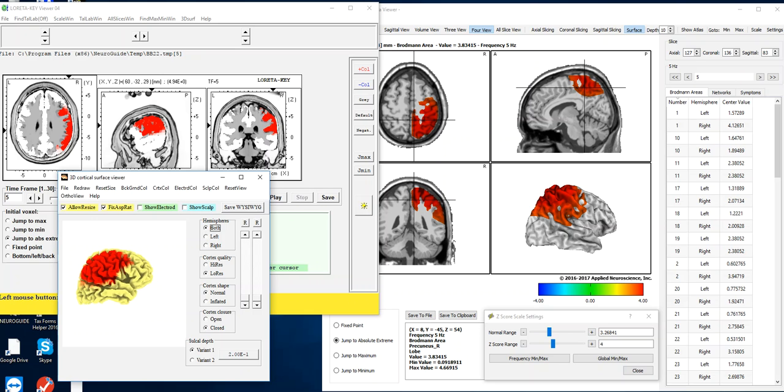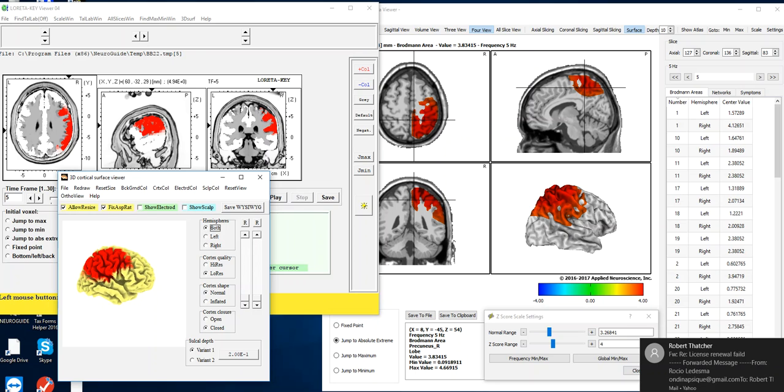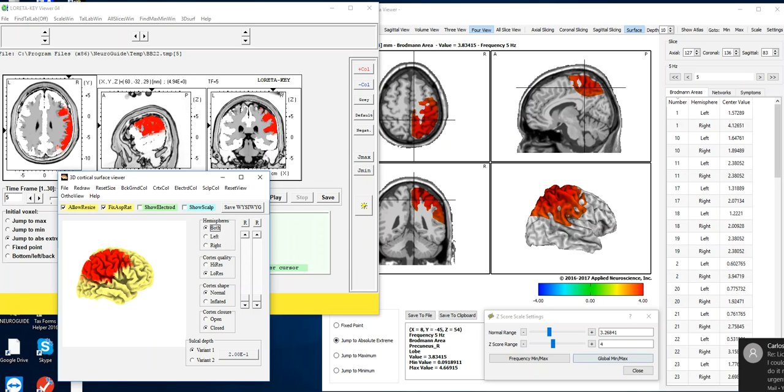Now, the issue here is we actually have EEG from the same subject. We have two different NeuroGuides launched. The one on the left is the Key Institute. The one on the right is the swLORETA. And the issue is, can you see a volume mesial surface in swLORETA like you can in the Key